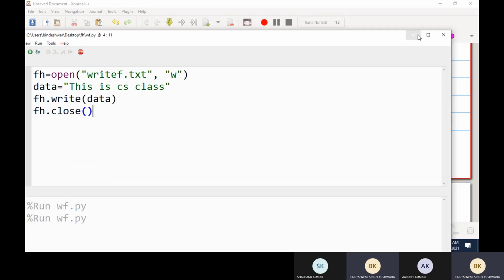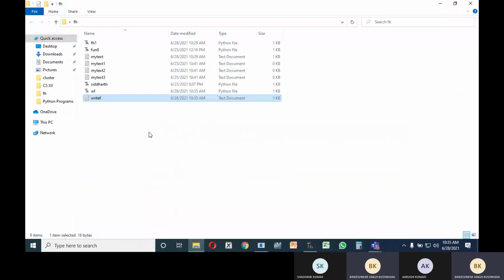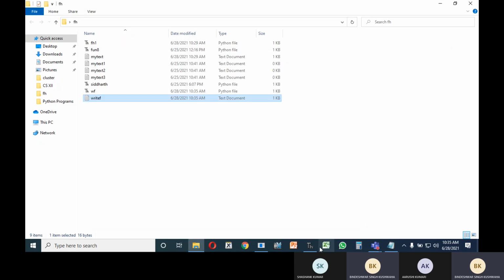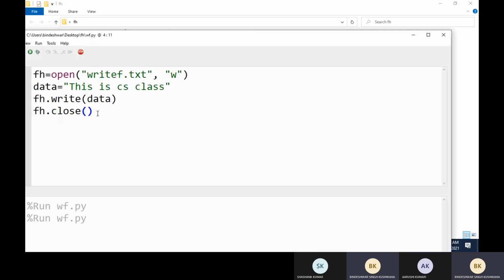Now I will explain what close means. When I did not use the close function, I will explain the close function. If you open a file, you should close the file.